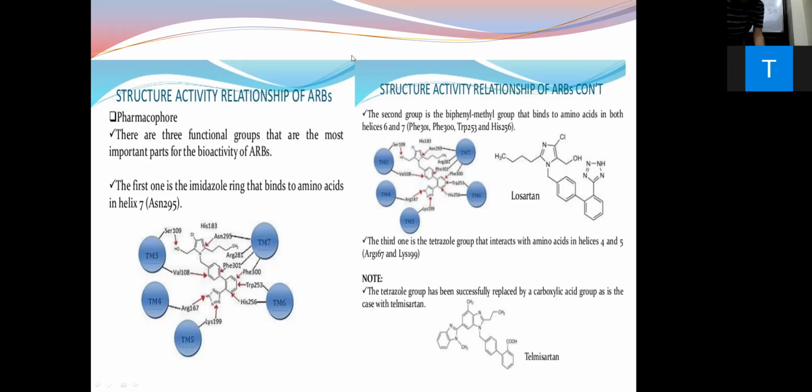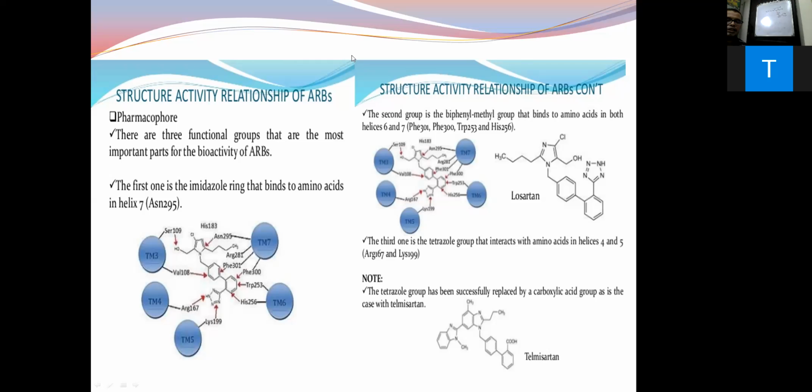So see what all things you have to remember. When I am explaining, just look at the structure. This is your losartan. It contains a tetrazole ring, and an imidazole containing an alkyl group at the 2nd, chloro at the 4th, and a methanol group at the 5th. These are all the sites which are necessary. The tetrazole can be successfully replaced by carboxylic acid. In losartan there is a tetrazole attached to your biphenyl group, which is connected by a methylene group to your imidazole.